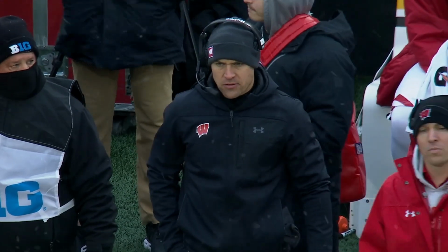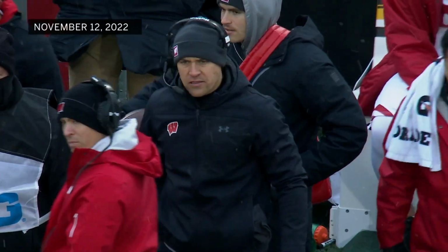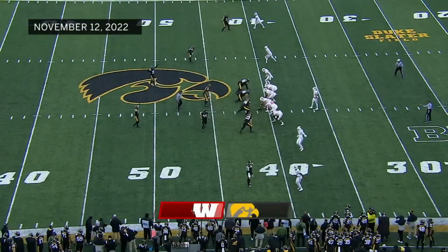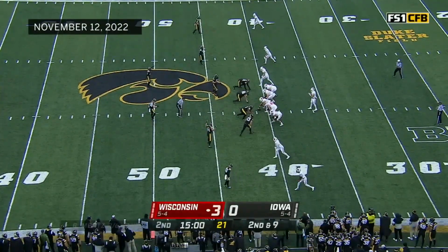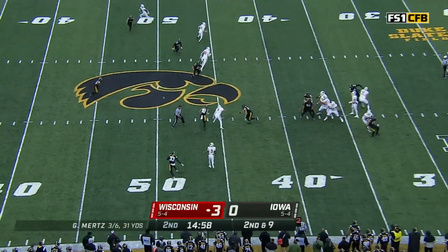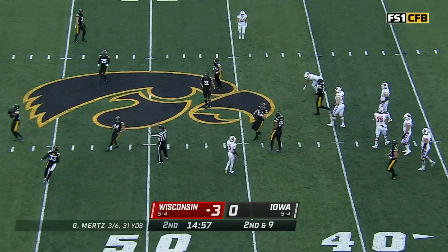Was undrafted in the NFL, turned that into a 10-year career. And he is back at Wisconsin. This was his 6th season as the defensive coordinator, and certainly the front runner to take over the head coaching job full time. And that one,